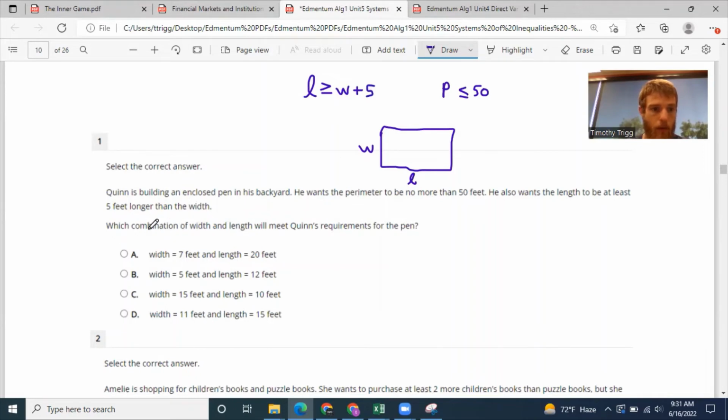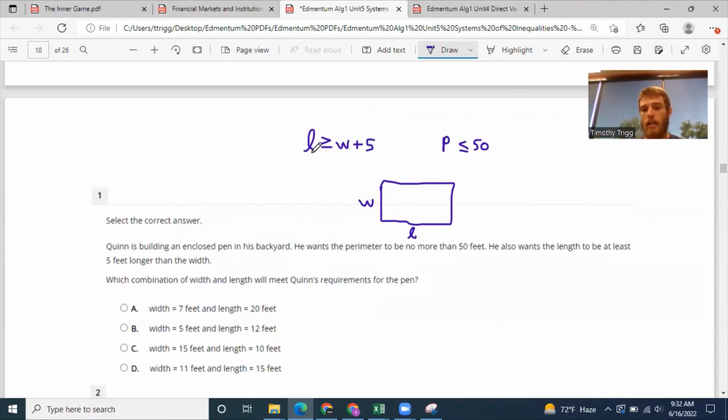Okay. Which combination of width and length will meet Quinn's requirements for the pen? So here's our first equation, that the length needs to be at least 5 more than the width, but also that the perimeter needs to be less than or equal to 50, right? No more than 50. And the way we can think about perimeter is it's the length plus the width plus the length plus the width. So instead of P here, I could put